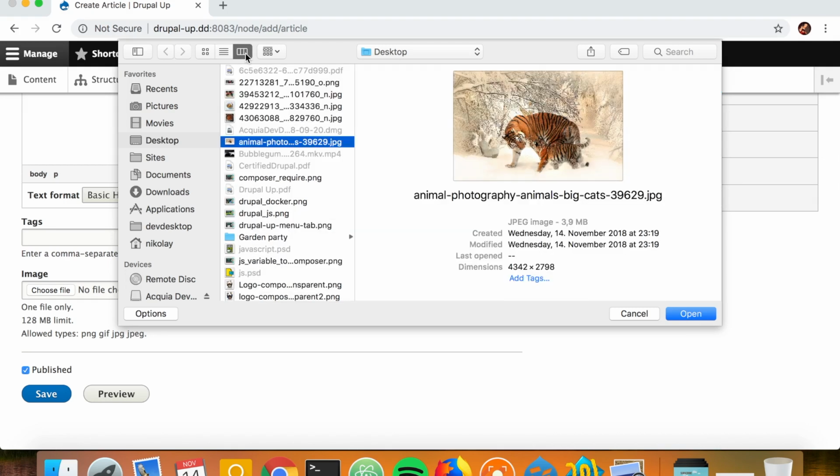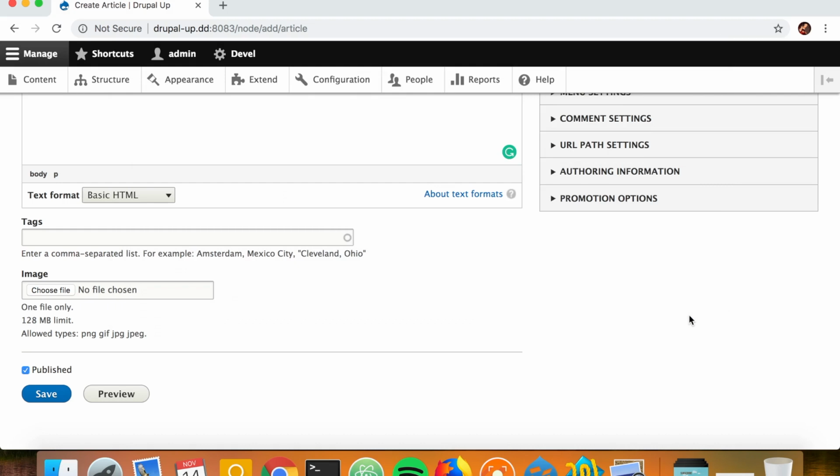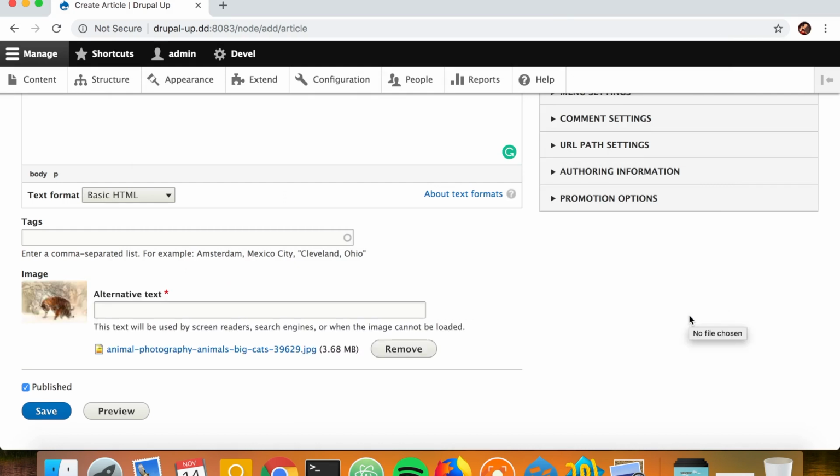And the tiger image, as you see, is with quite big resolution, so we're going to be seeing the exact sizes that we declared in the image styles because we disabled upscaling. So tigers, and if we just save it,